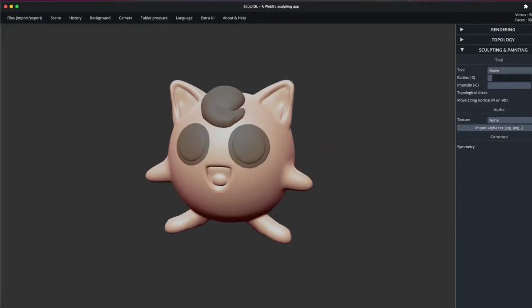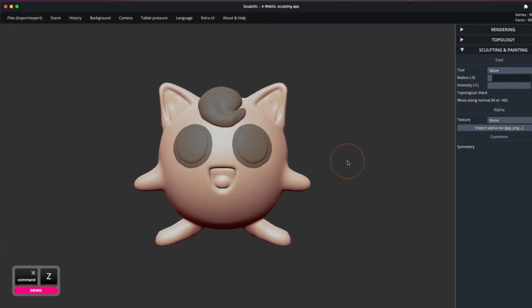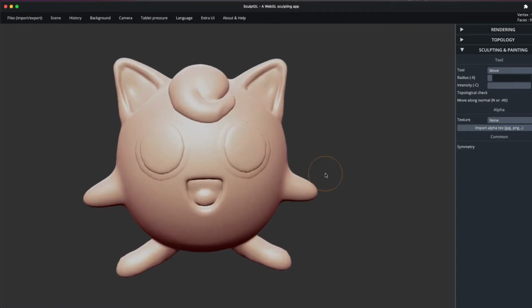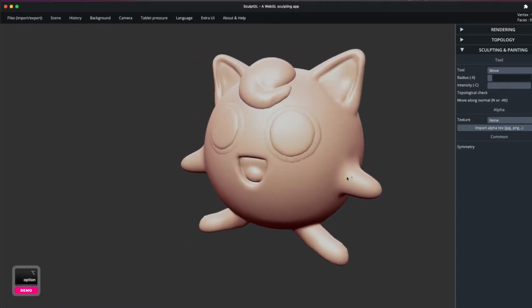Just editing again, Control Z, select. So there you go, your Jigglypuff,